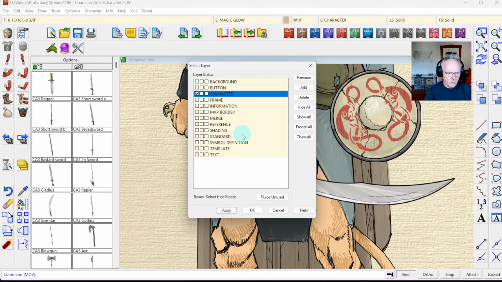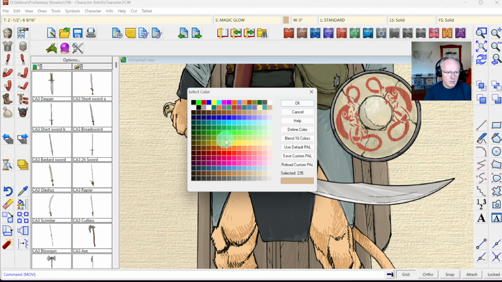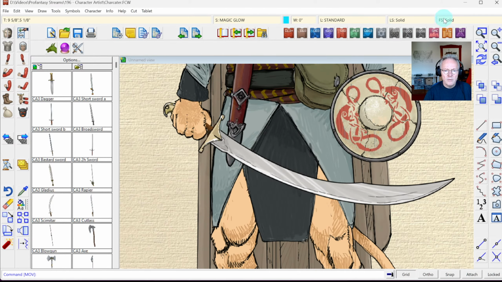Okay, go here to perhaps standard layer. Going to grab a color for the magic glow. Let's take a light bright blue. Fill style solid is fine, and then I'm just going to put that by hand here on the weapon, just on the edge. Not the whole thing. And then I'm going to, okay, I think the